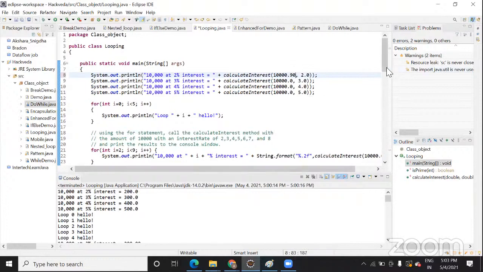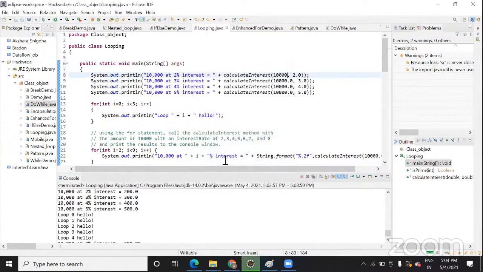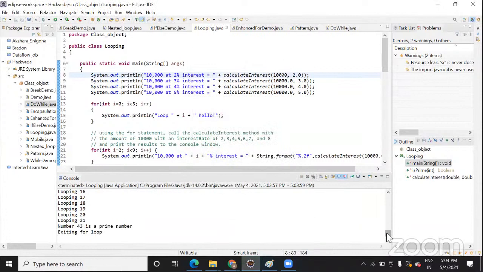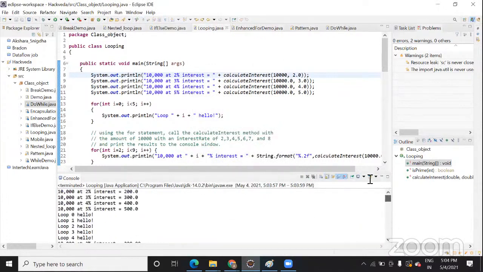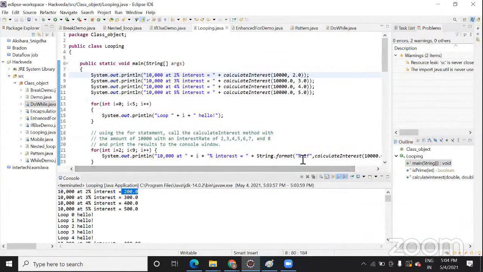Like here, when I gave only 10,000, it is showing me 200.0. The reason is that this is double. And what is that string format where your cursor is?